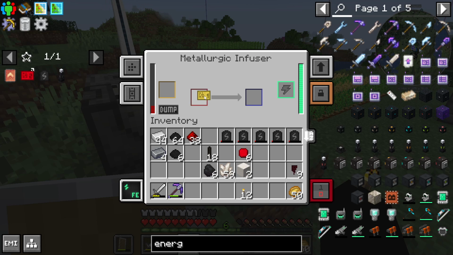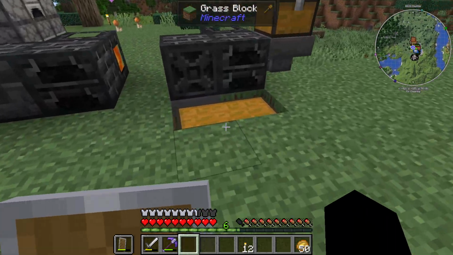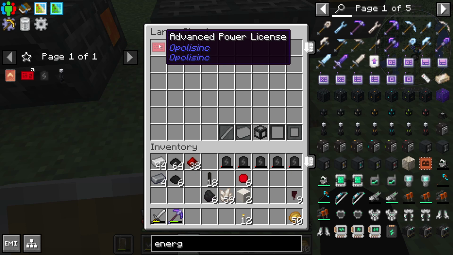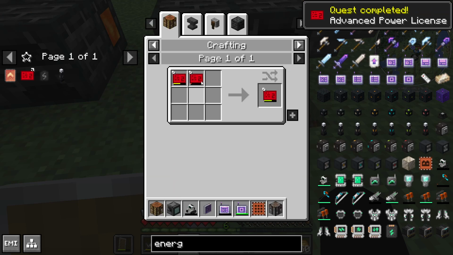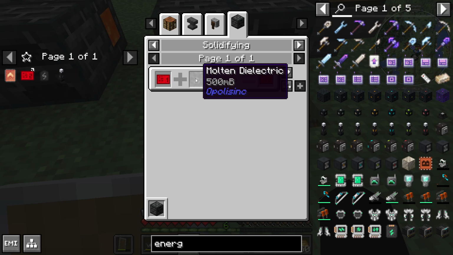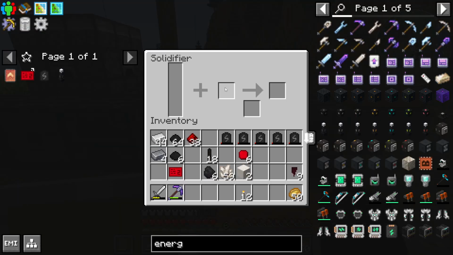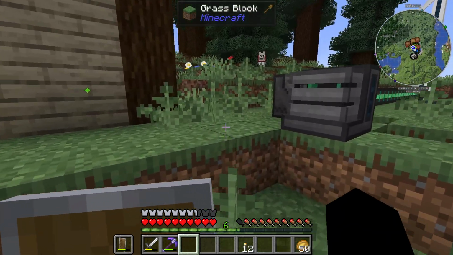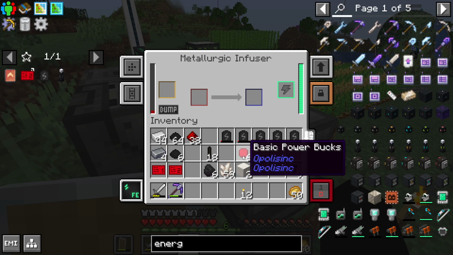So I do need to get a regular power license back, because I did spend my regular power license getting the advanced power license. So the recipe for this guy is 500 millibuckets of molten dielectric. So you just take your dielectric paste, you need 10 of them to get 500 millibuckets. And then you just throw the license in this slot here with your dielectric there, and then you'll get the